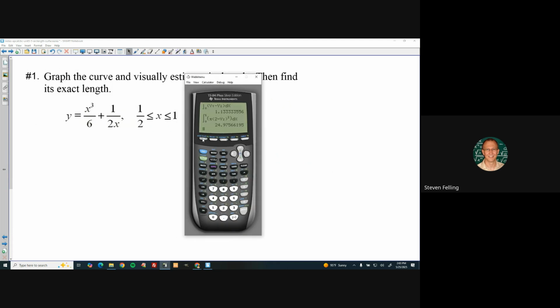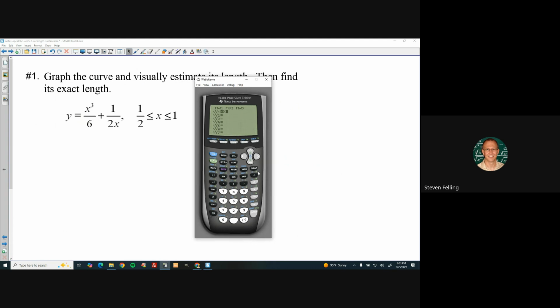Let's clear out what we have here currently. Here. And we'll go ahead and enter this. This is x cubed divided by 6 plus, got to be careful here, 1 divided by parentheses 2x, because the 2 and the x will both be in the denominator. Okay, now if I graph that from, let's see, we're graphing from, let's graph from 0 to